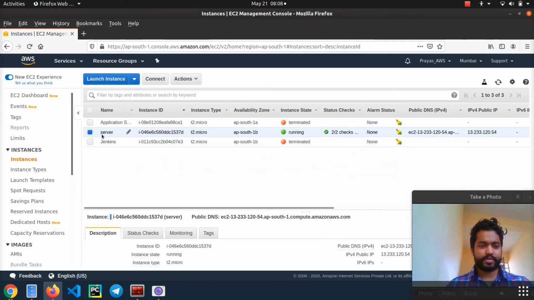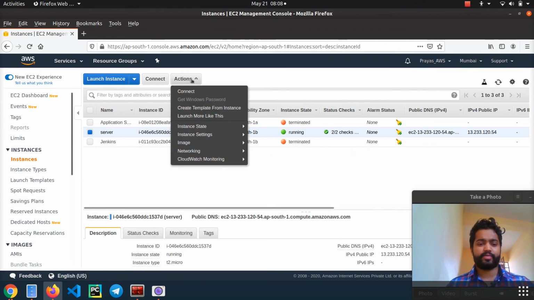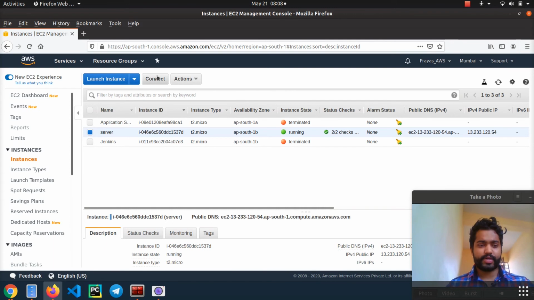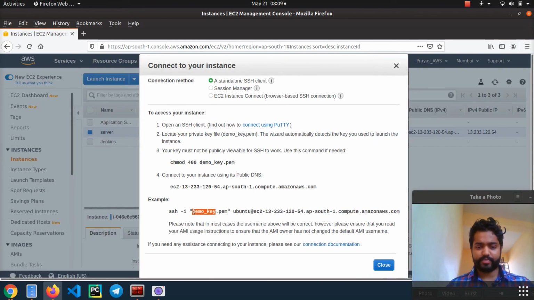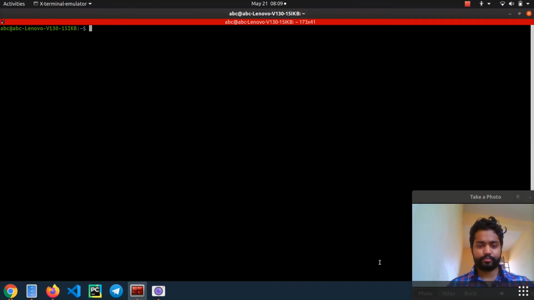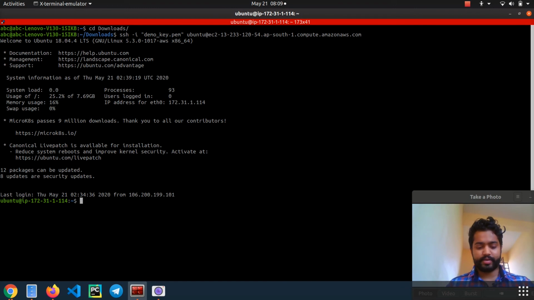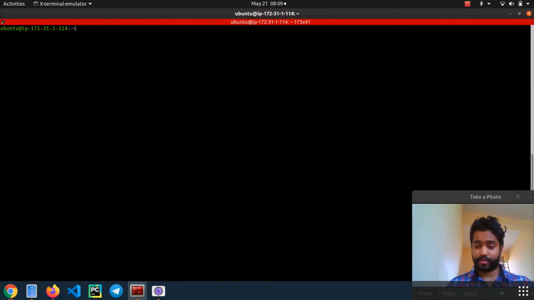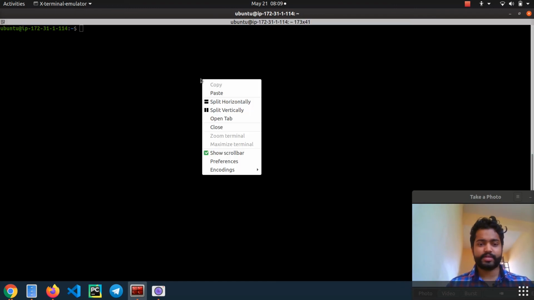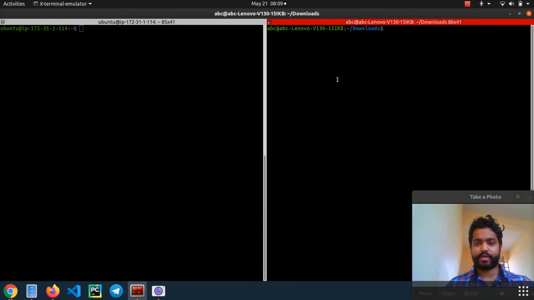So this is the same instance, guys, that we created in our previous parts of tutorial. We have it already over here, we'll just connect with this instance. My private key is present in my downloads folder, right? So I'll go over here. I'll simply do ssh -i, and here we are. Okay, we are into the instance, guys, and this is my local.